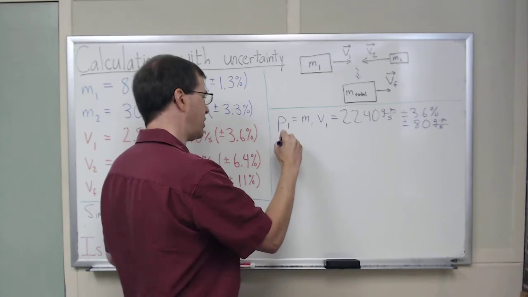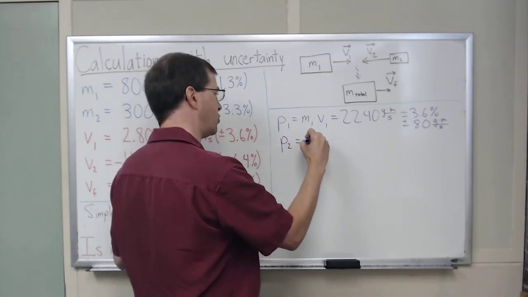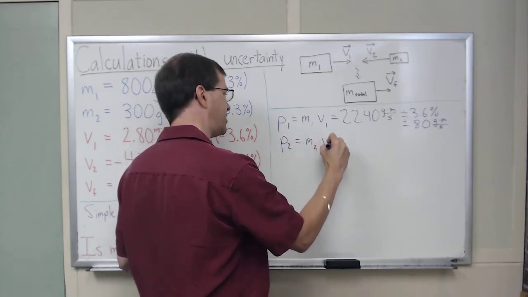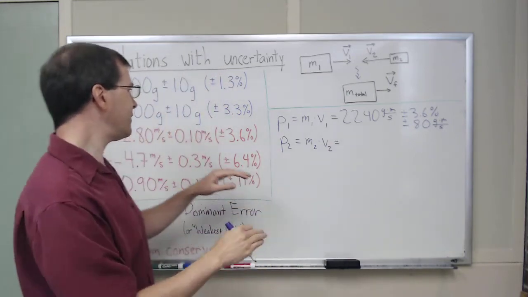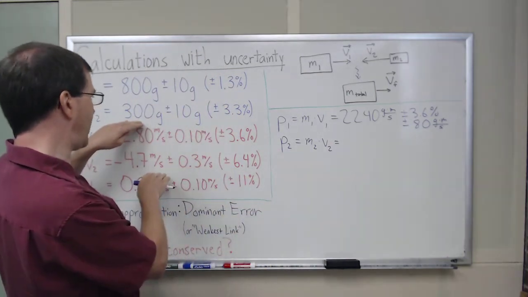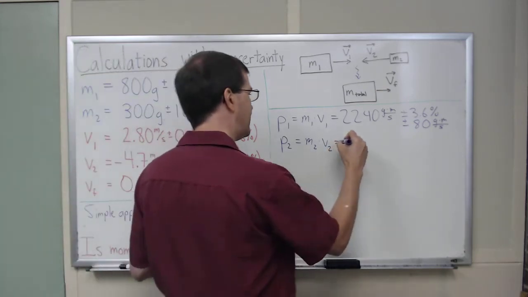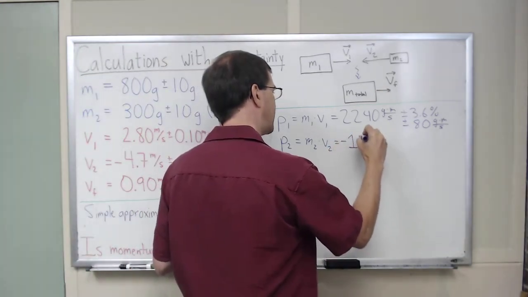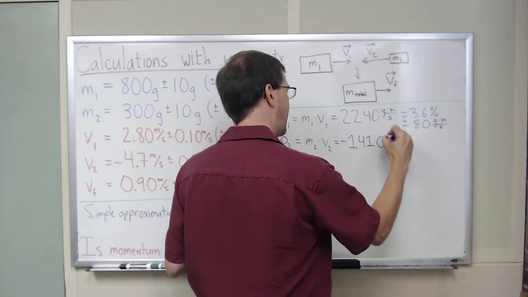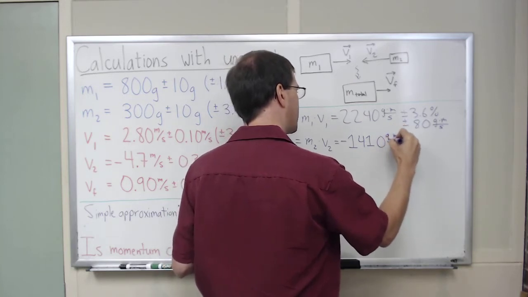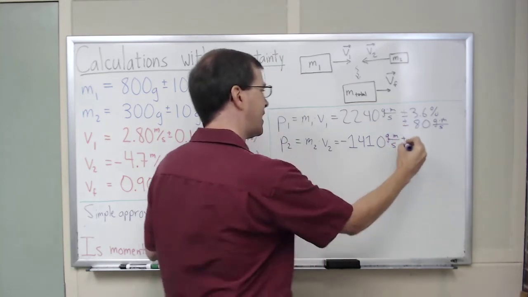By the same token, the initial momentum of object 2 is m2 times v2. And once again, that's a product of these two values. If I multiply it out, I'll get negative 1,410 gram meters per second. And again,